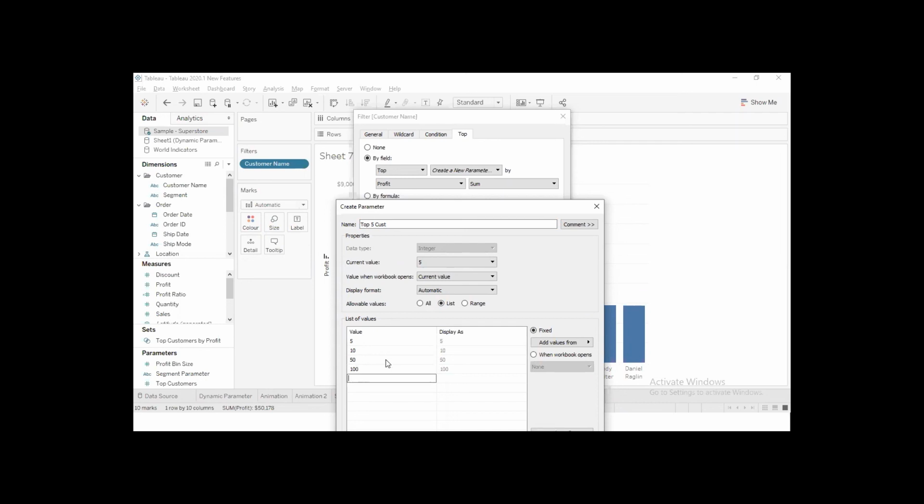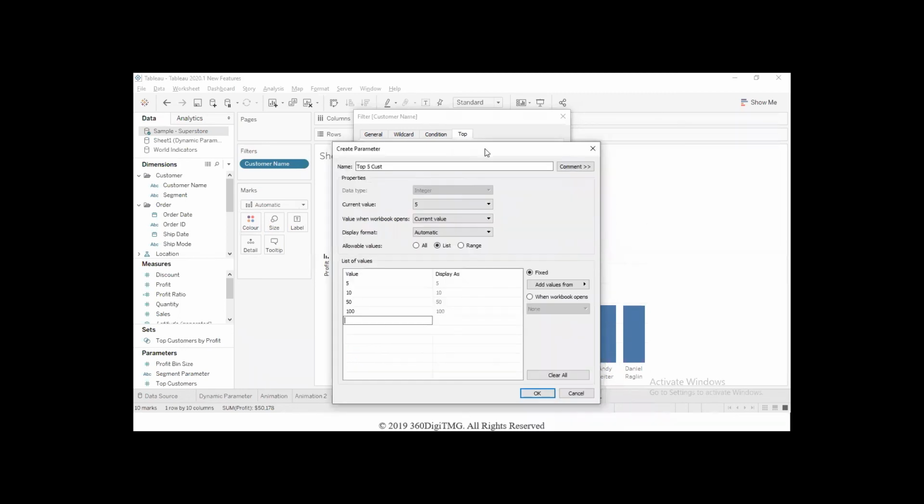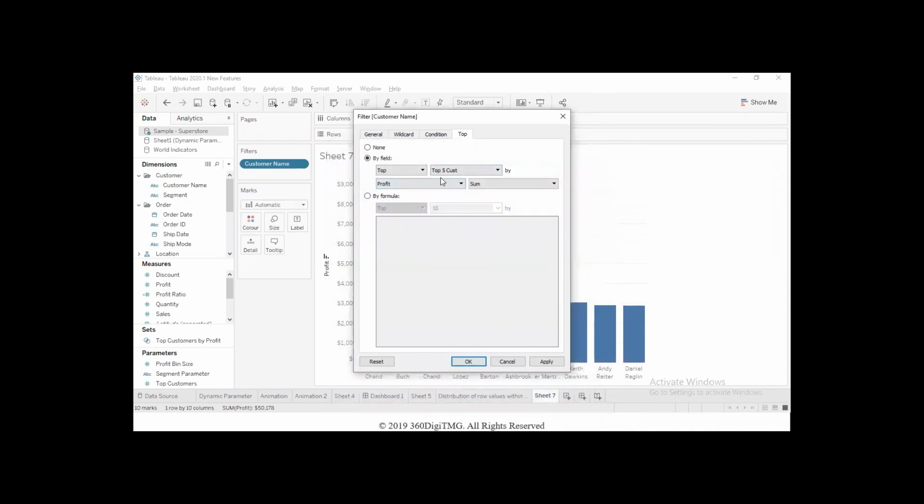But this list is again hard coded. The parameter itself is dynamic, but the values that we put in this list are something we are giving from our side. These are hard coded. Now these also can become dynamic by setting them to some field in the workbook. That is what we saw today. So now I'm looking at not top 5, not top 10, not top 20 or 30 or whatever. Sorry, I think I should have renamed this to top N.